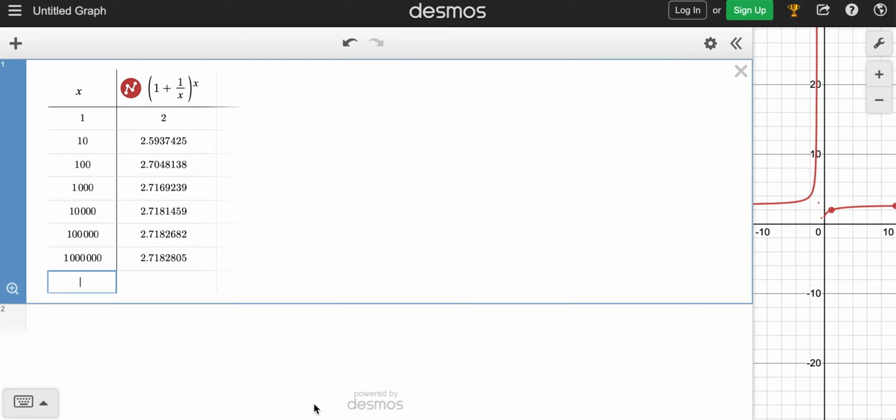Natural base e, and the next component of compound interest, which is compounding continuously. Okay, so we know about compound interest. We know that compounding is when we recycle the interest process multiple times per year. Semi-annually would be twice, quarterly would be 4 times a year, monthly would be 12 times a year, and so